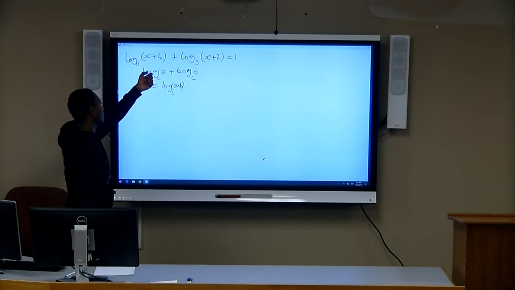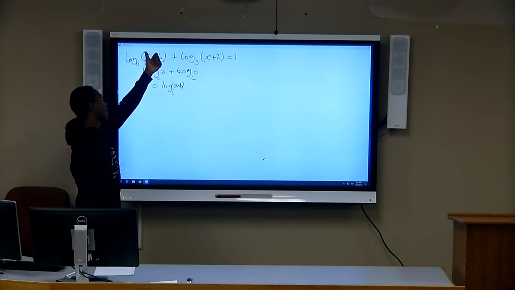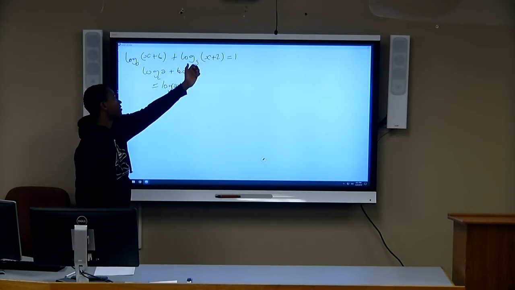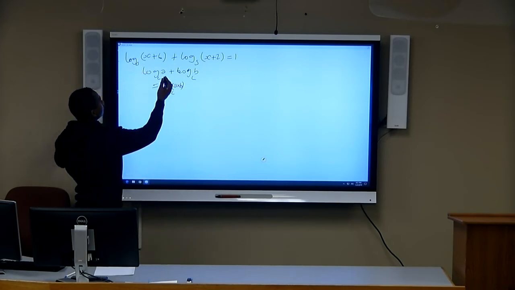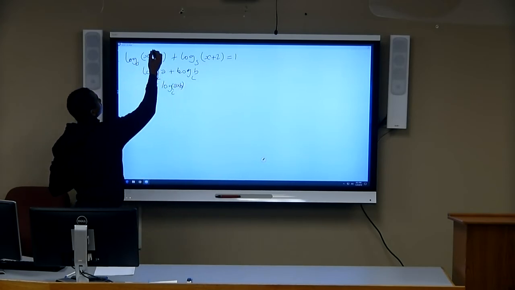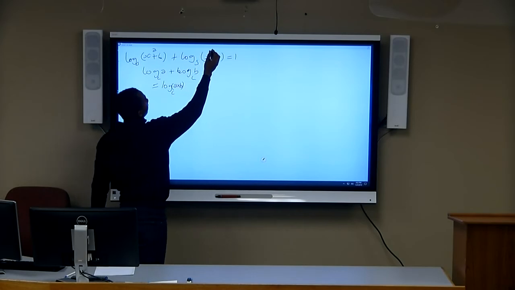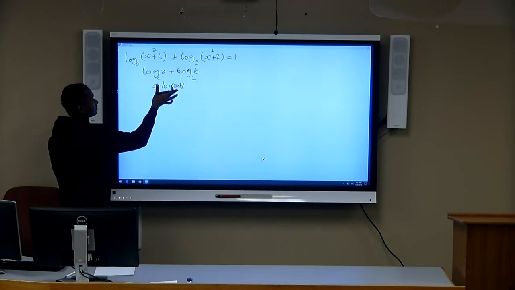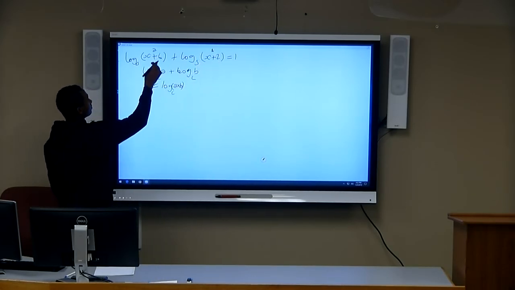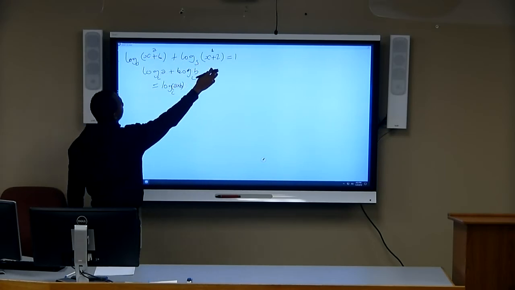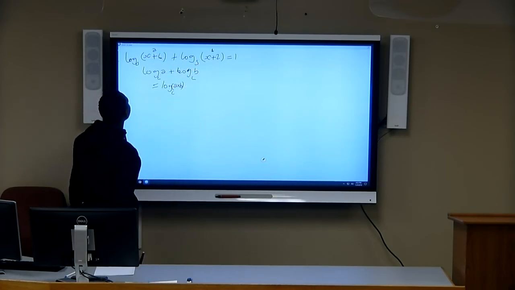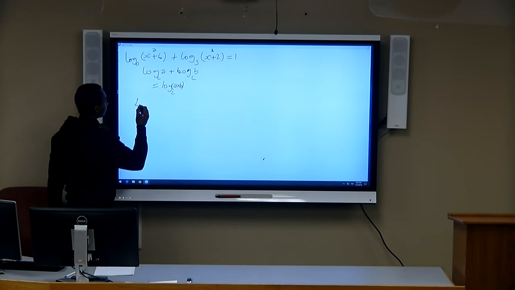We get this one is base 5, this one is base 5. So we assume this one is our a, and this one is our b. So the answer is going to be log of a times b. This is a rule. It applies to any type of question. This thing can be different, and the other stuff can be different too. So this thing is going to be log